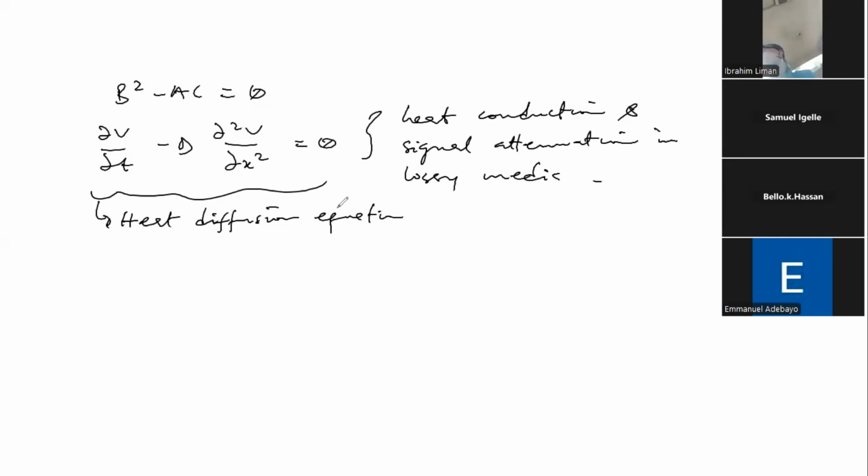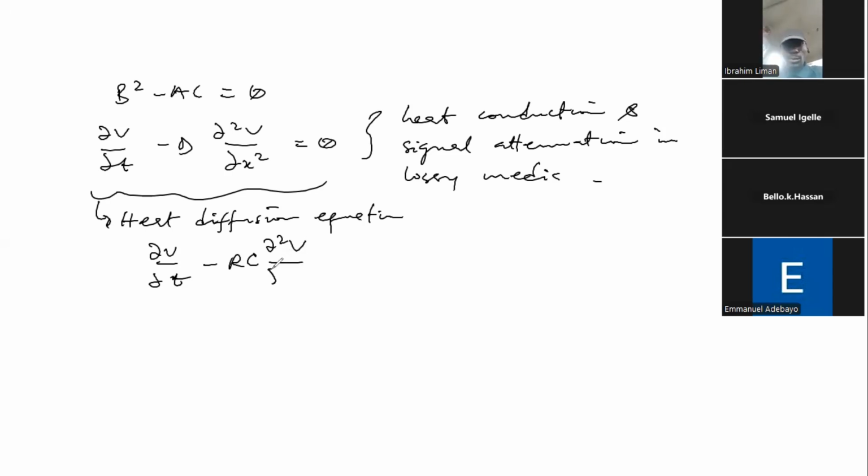Okay. So we also have another interesting example, which is signal loss in conductors. And here, when considering lossy transmission lines, such that the derivative of V with respect to t is the same as the second derivative of V,